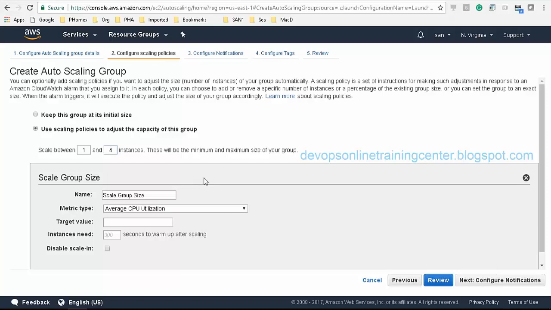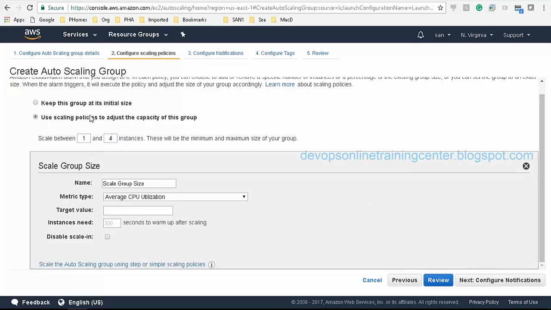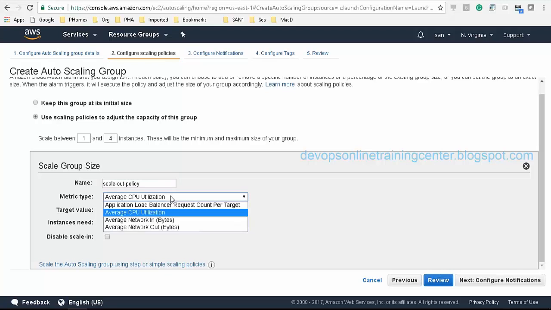I want to create 4 instances. 4 is the maximum size of the group, right? So we are creating an auto scaling group that will automatically scale out in case of high CPU utilization, right? So group size, name of the group, let us say scale out policy. Average CPU utilization, target value.